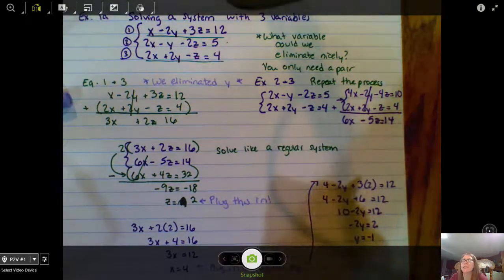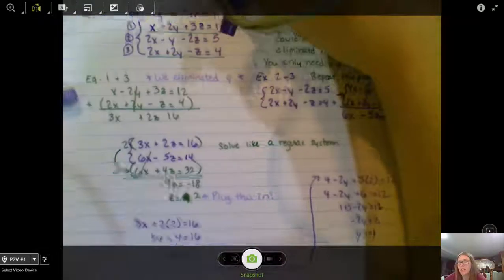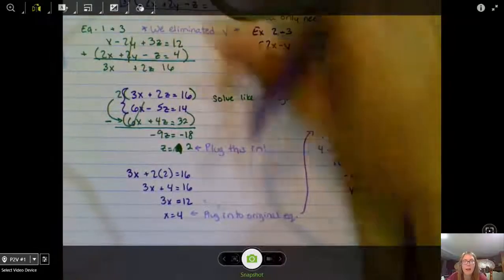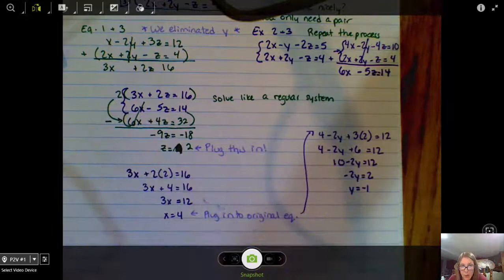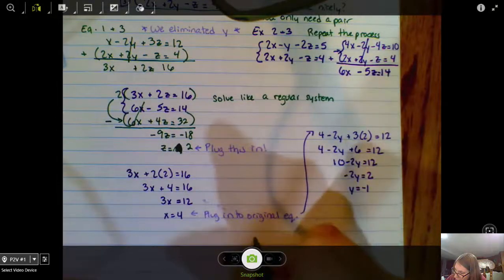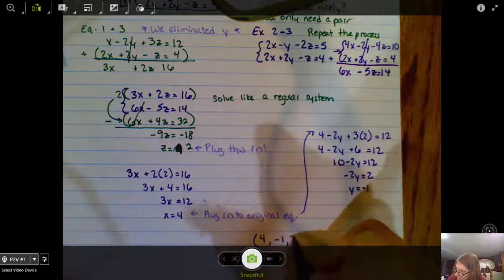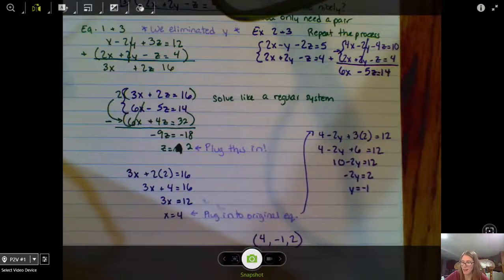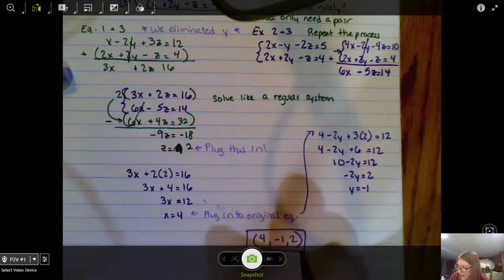So after all of this work, we have an x, we have a y, we have a z. We still write our solution as an ordered pair, x, then y, then z. We have an ordered pair with 3 coordinates because we have the 3 dimensions. So that's how we would write our answer: 4, negative 1, 2. All right, that's our process. It's a long process, a lot of room to make little mistakes, but again, that's our